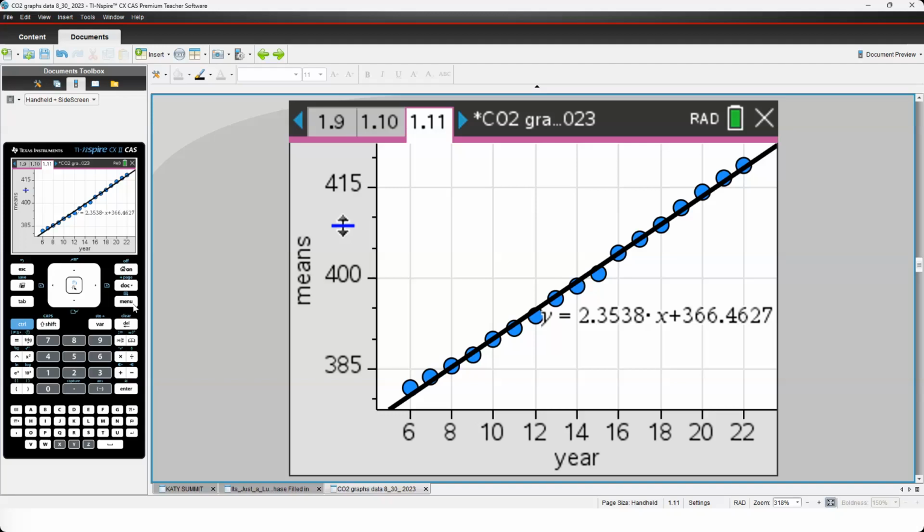It's the change in the y over the change in the x. Oh, what does that mean? And it takes a long time of me trying to say, okay. Eventually somebody will say, for every 1 year, there's an increase of 2.35 parts per million in the CO2 levels.